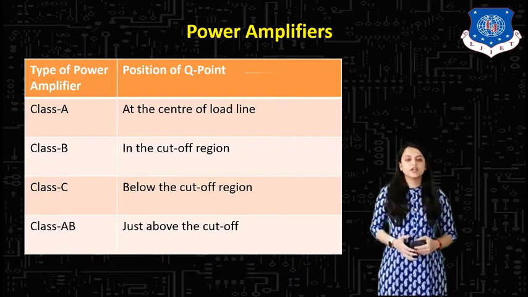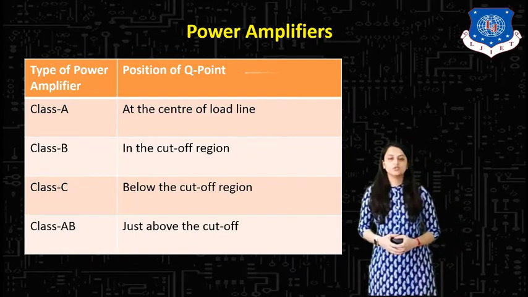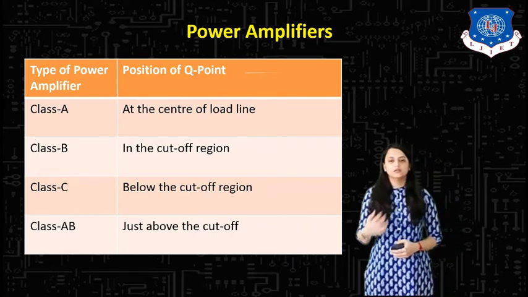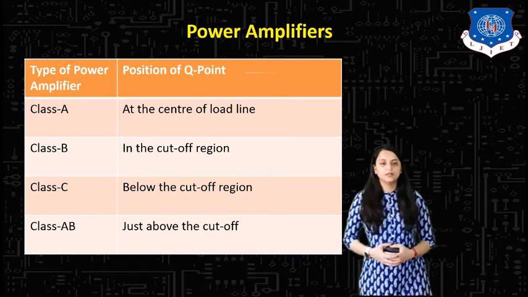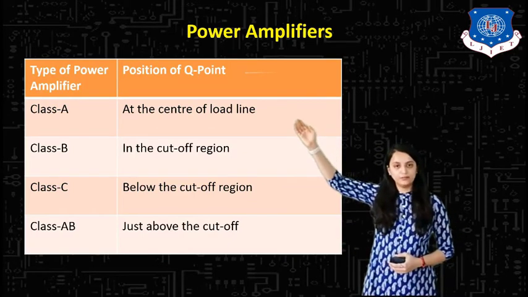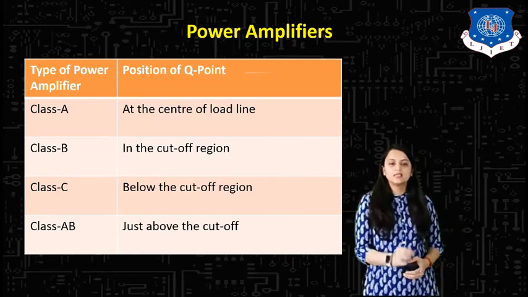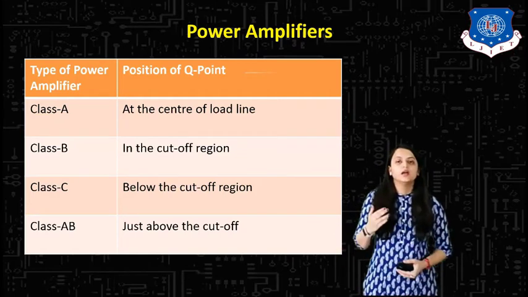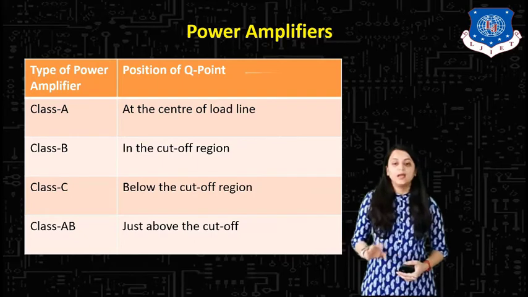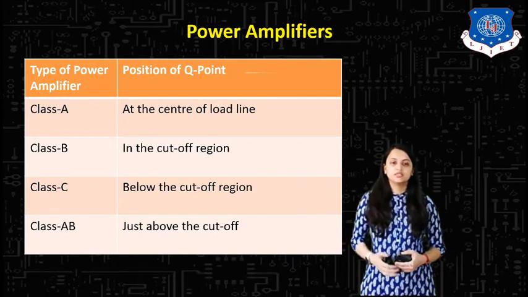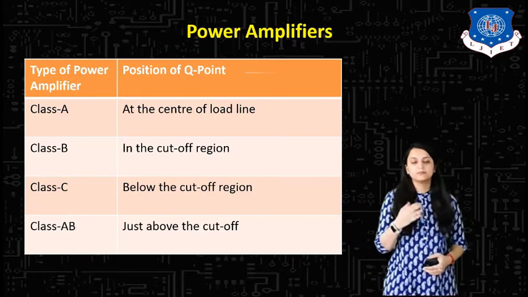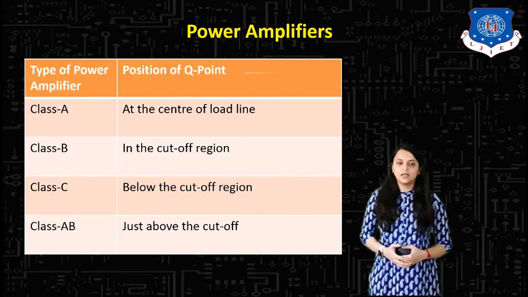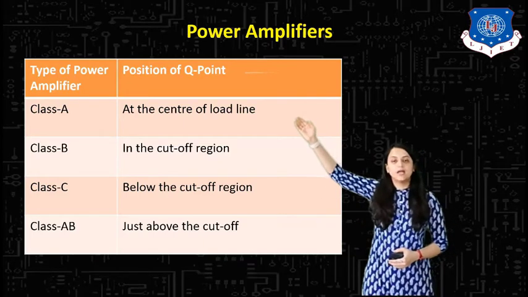Now let us see the classifications of power amplifiers. In this table, the classifications of power amplifiers are indicated. There are basically 4 classes of amplifiers which we are going to consider here. The first one is class A power amplifier. Here, class A, class B, class C, class AB or class D, or further classes of amplifiers which are in existence, are based on the input-output voltage waveforms and position of the Q point. That means whatever the output range for which they operate, based on that and the position of Q point, they are classified. So in the class A power amplifier, the Q point is at the center of the load line.